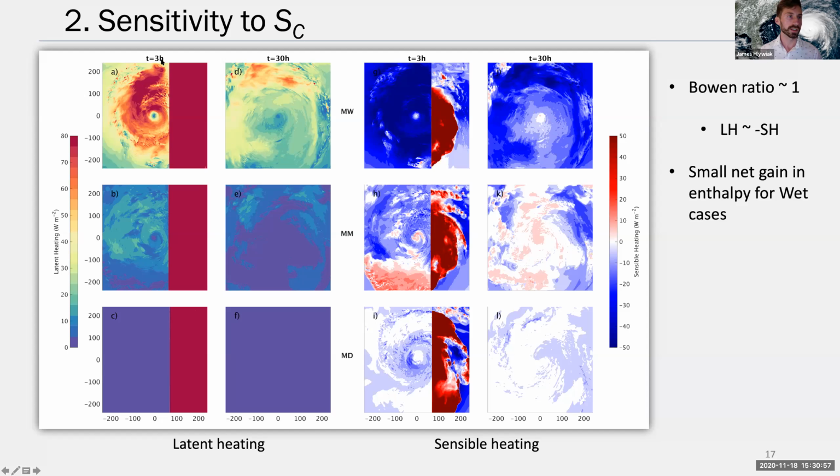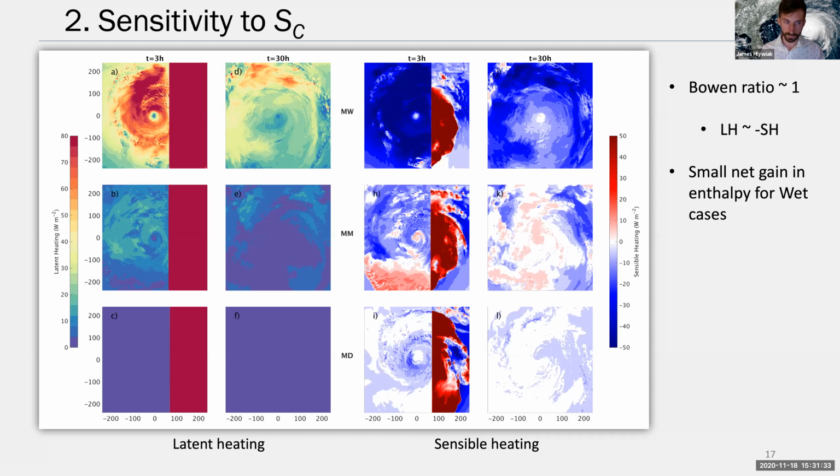So looking at it shortly after landfall, there's a much higher transport of latent heating occurring for the wet case. There's almost no latent heating associated with the dry case. Conversely, though, there's an equally strong negative flux of sensible heating for the wet case, as the storm evaporates the additional moisture, which cools the surface, leading to an enhanced downward sensible heat